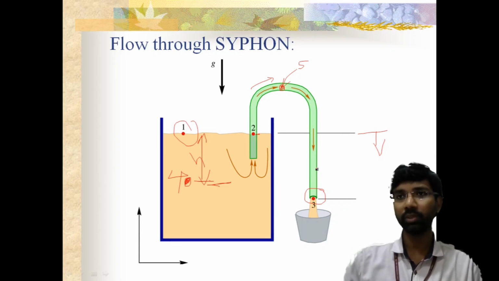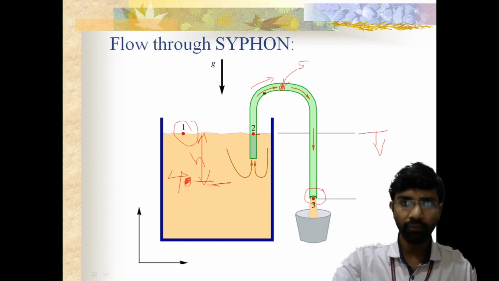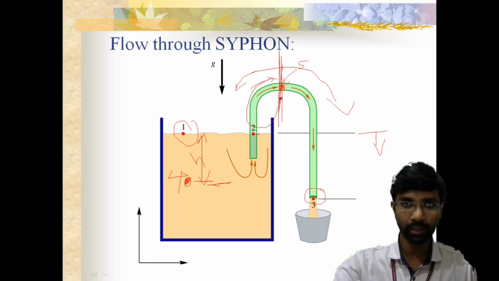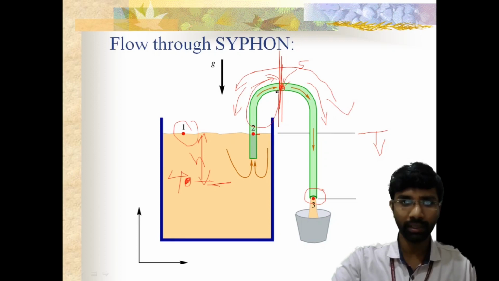Why this happens is because of air pressure and gravity. Generally we have a doubt whenever the fluid enters this region, at this particular point, let this be the apex point. Our assumption is like this: from the apex point, the fluid in the tube in the left side portion will come down on the left side, and the right side portion will come down to the right side. But this is not true.